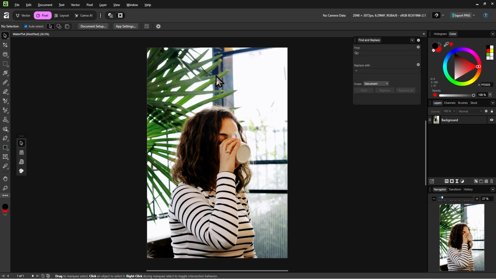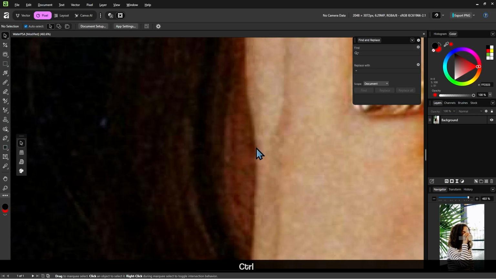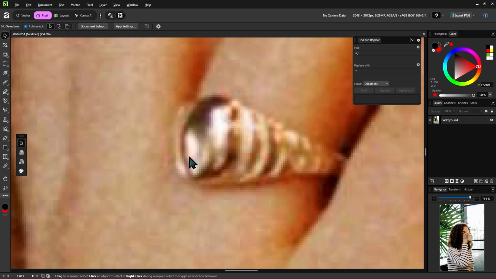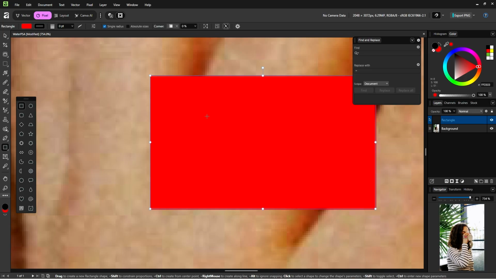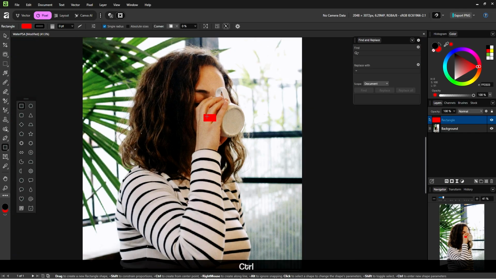But what if we want to zoom in even more? We can hold Control and scroll up. And maybe we want to move to this ring here because we want to put a rectangle over this ring or something. And we just have to hold down Control again and scroll down to zoom back out.